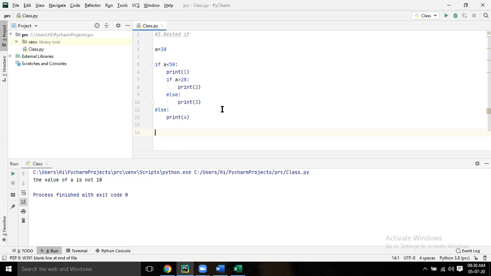Now again inside also one if is there. A greater than 20. Again it will check. A is greater than 20. Yes, sir. Then again it will print 2. Then stop. When will it go to the else part? If that will become 40, if a is greater than 40. Now run it.